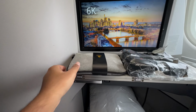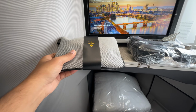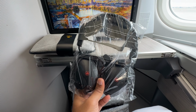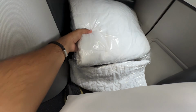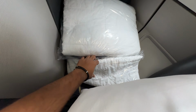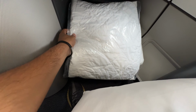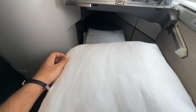Let's start with the seat. The purser very kindly threw the amenity kit at me that we will get into later on the flight. We have headphones, a blanket and comforter, a pillow that was quite sufficient,